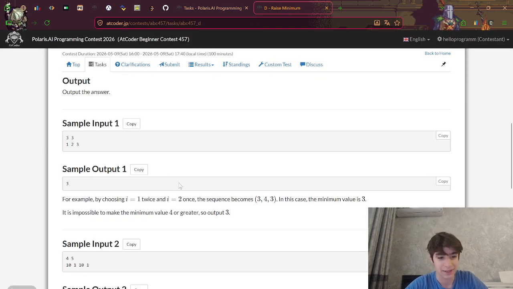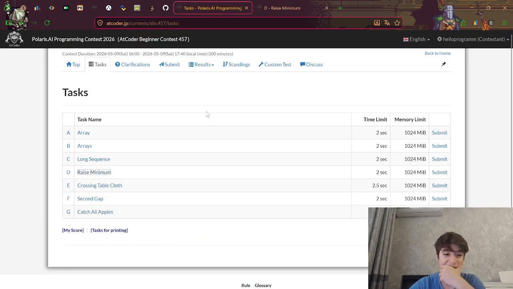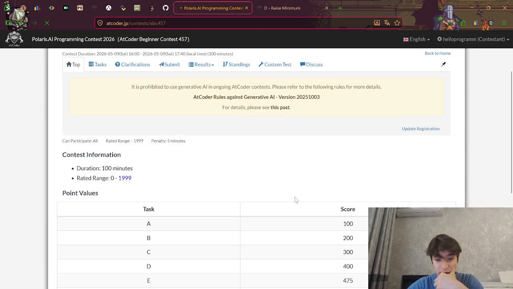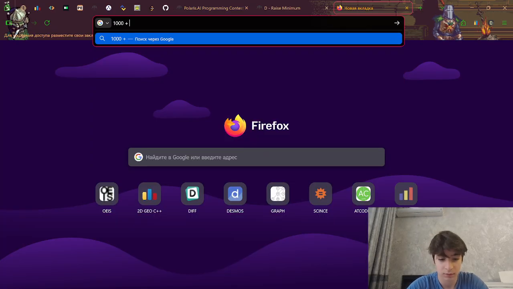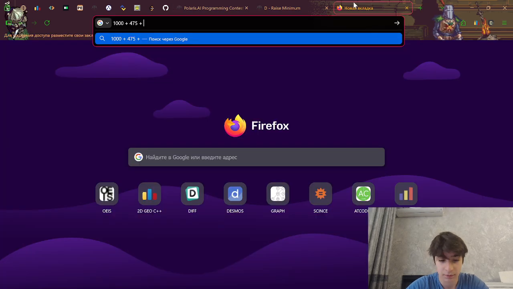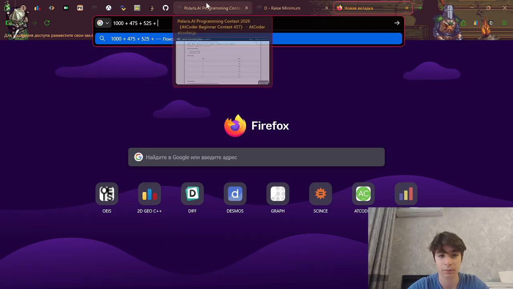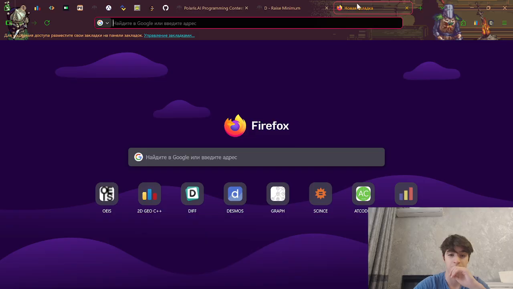I also have 30 minutes left. Why not solve the next task? And also, it looks easy. It's already 400 points. Oh my goodness. How many points could I get? Mainly it's 1000. Wait a minute. 1000. 5 to 5 and 6 to 5. 6 to 5. Oh, the total point is 2620.